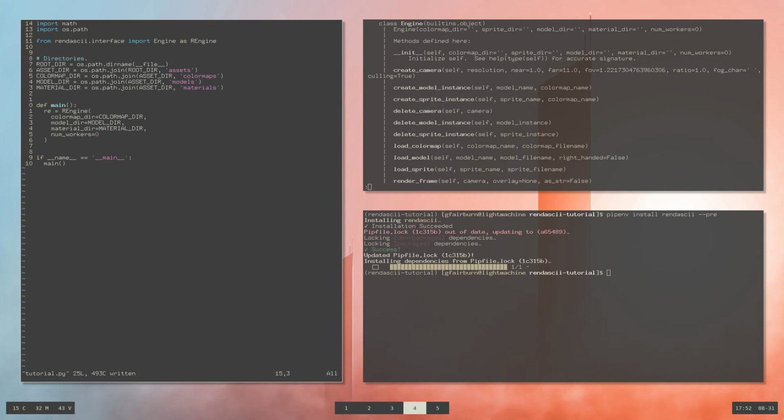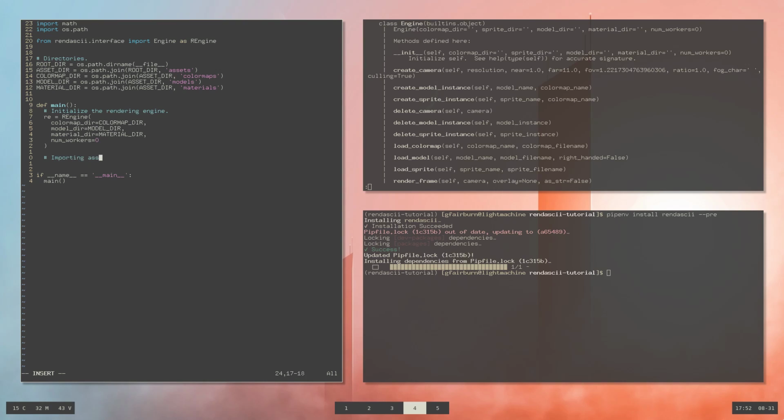Now I'd like to just put in a comment here before I forget, because I will forget. Rendering engine. I have to remind myself to write comments sometimes. So let's also write a comment for the next step, which is loading in the assets that we imported earlier, so the models, materials, and the color maps. I don't know why I'm using plural, there's only one of each. So we'll do